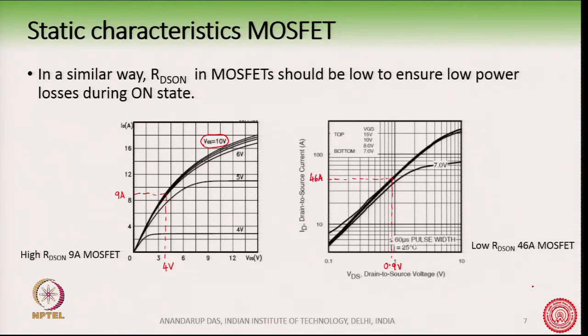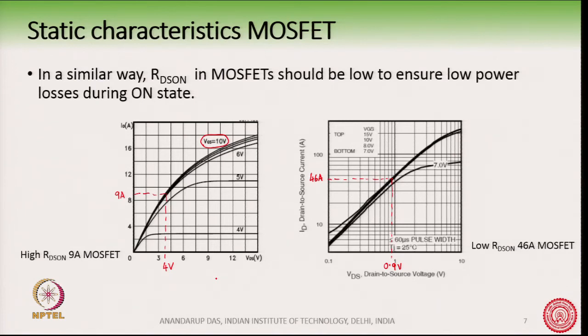So, clearly you can see that the MOSFET with the right hand side characteristics has only 0.9 volt as compared to about 4 volt for the left hand side MOSFET characteristic. So, the 46 ampere MOSFET will have much less conduction loss